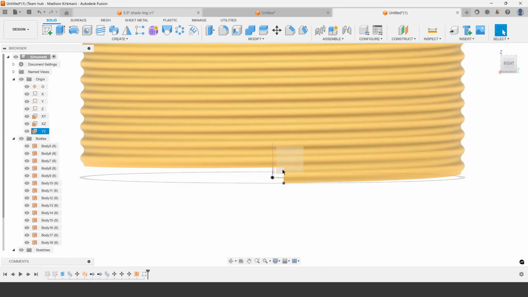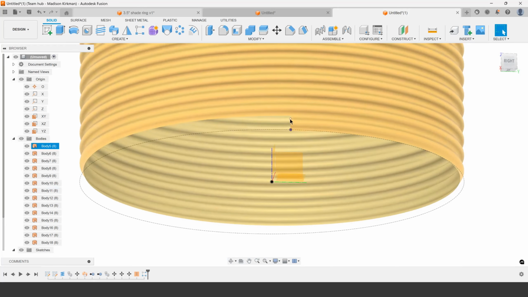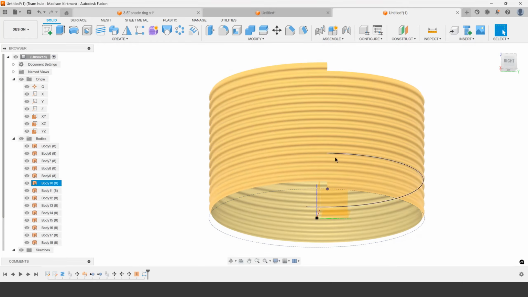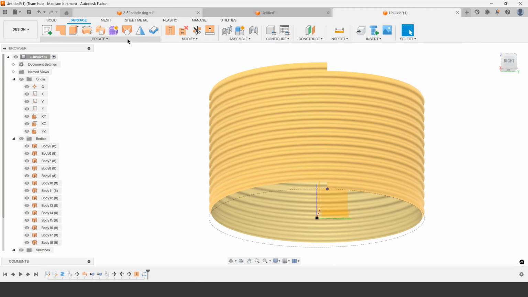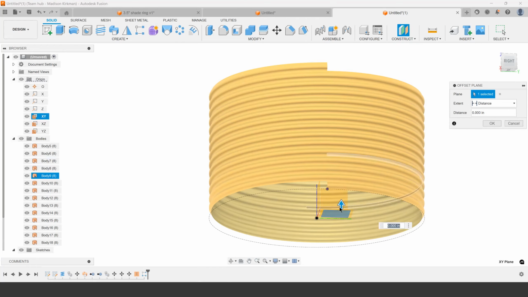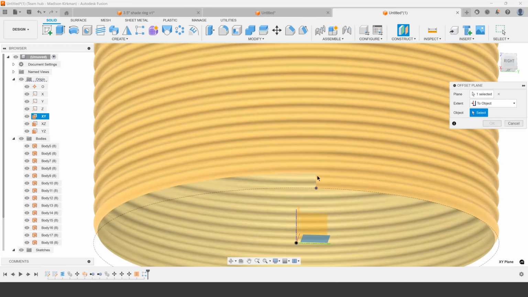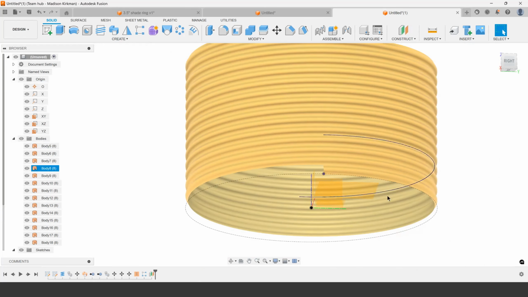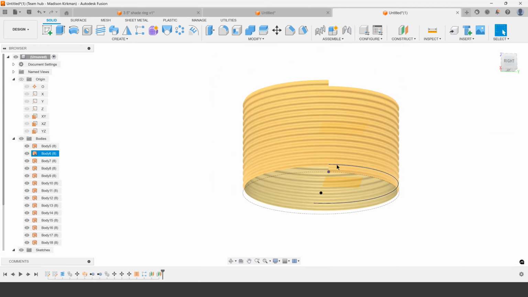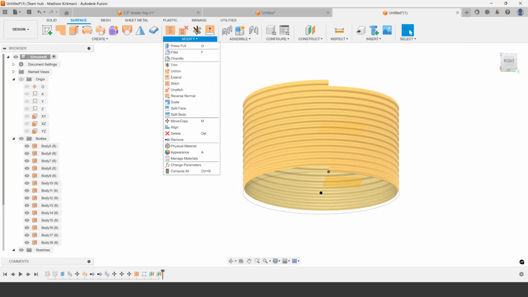I cannot save the bottom thread or the bottom first lead of thread or the top lead of thread. I produce more thread than I need and then I trim it back. So I will actually go to construction, offset plane, that plane there. I can go to object, which is that point there. And then from this plane, I'll repeat offset and I'll choose how much of it I want. In this case, I want 1.25 of thread. Select, go back to surfaces, modify,